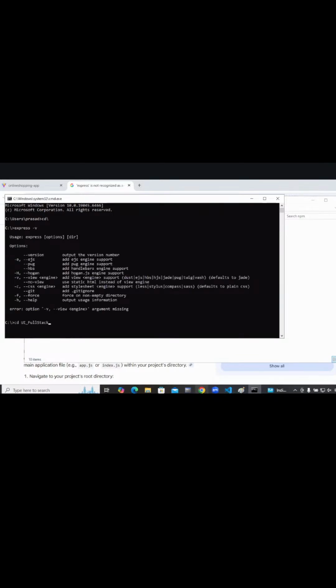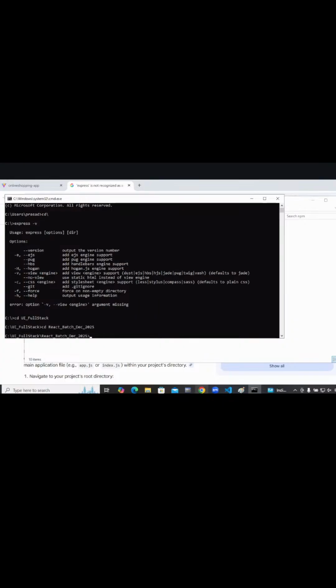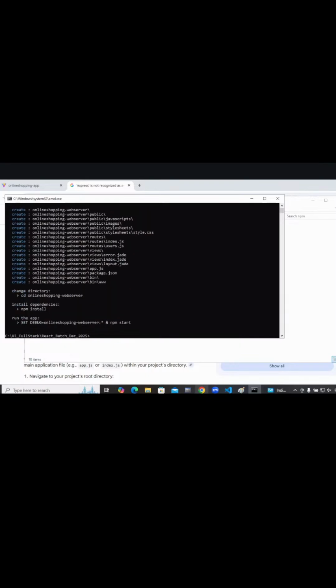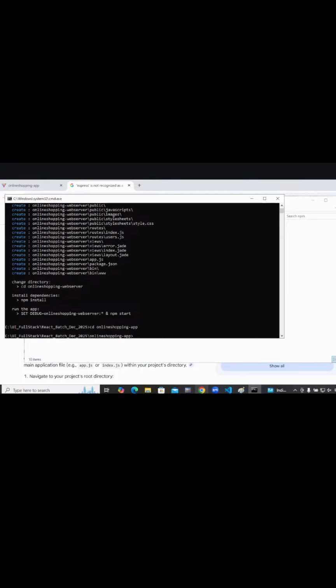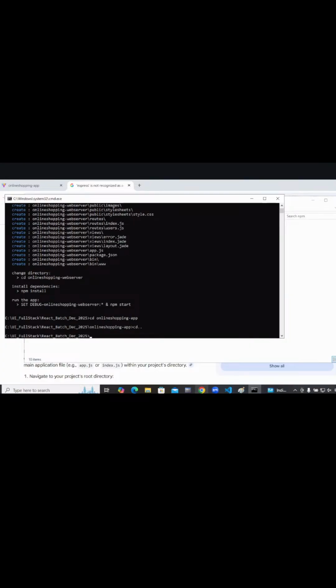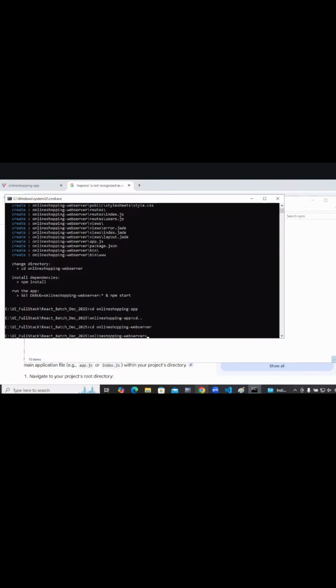Okay, CD full stack, CD and so on. Now I want to create a web server. I say express online shopping hyphen web server. Do this. Now I say CD online shopping. Sorry, online shopping app is different. CD online web server is different.